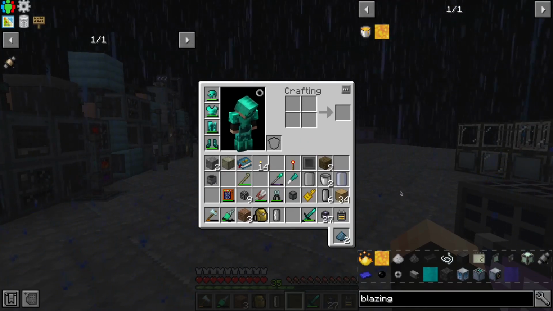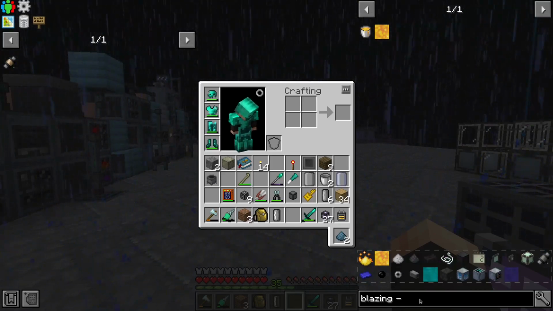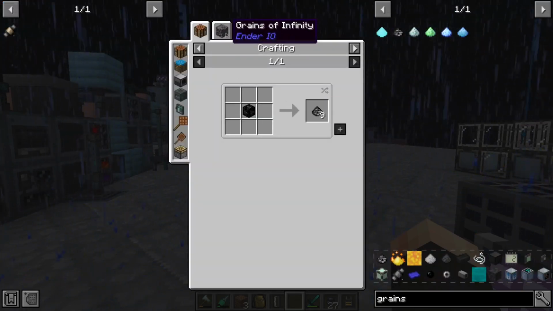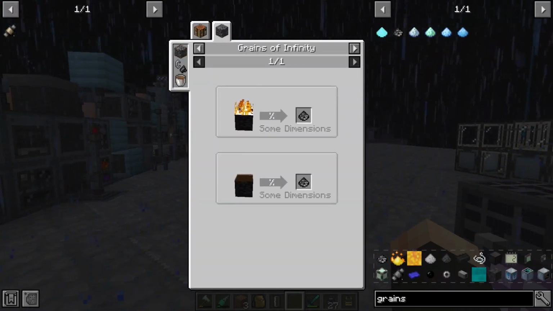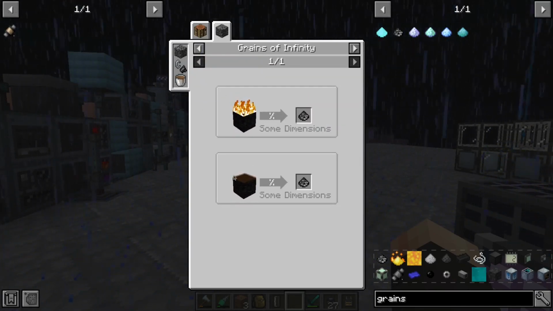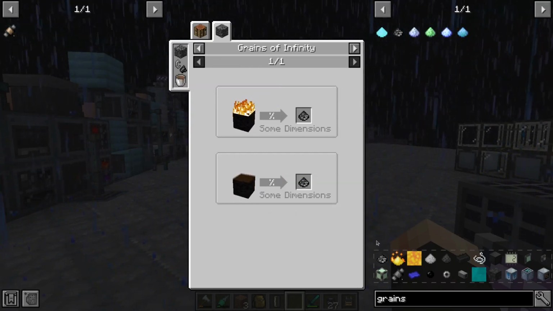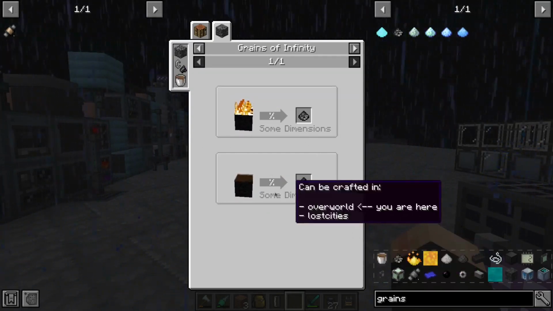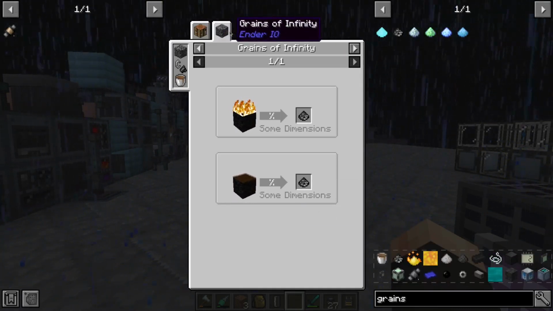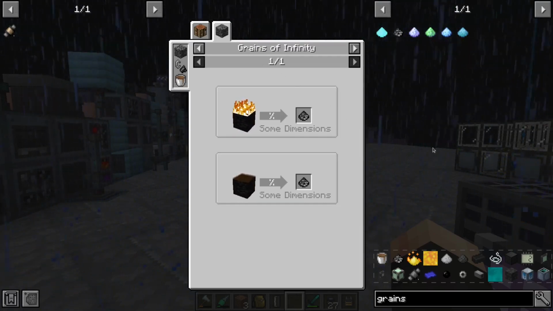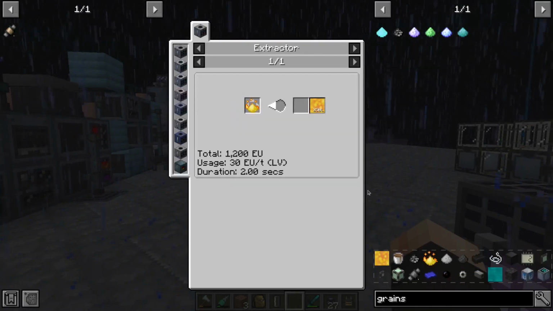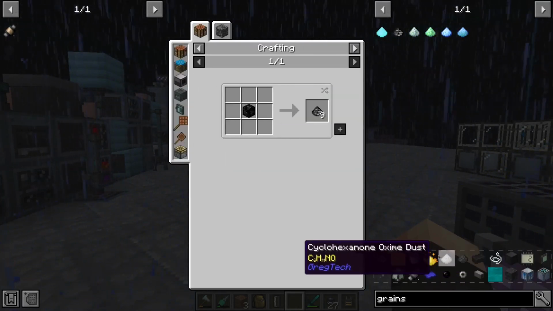Okay, so the next thing I want to automate is getting these grains of infinity. There are multiple ways of doing this, using fire, water, and flint and steel. But I'm not gonna use any of these because I have a better way, at least temporarily. Fire water is a lot better, but we cannot get that. It's not something we can make quite yet. So what I was going to use is this blazing pyrotheum, which sets the